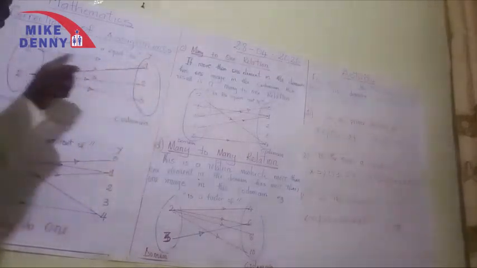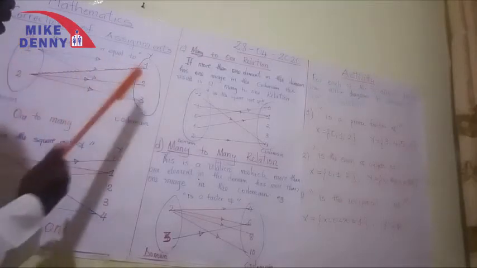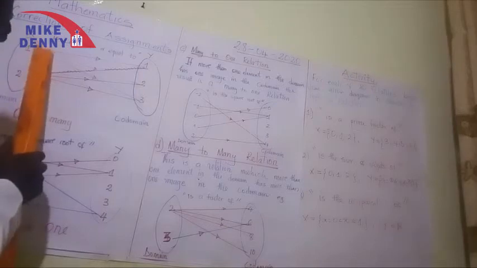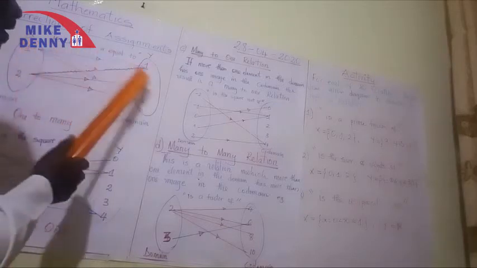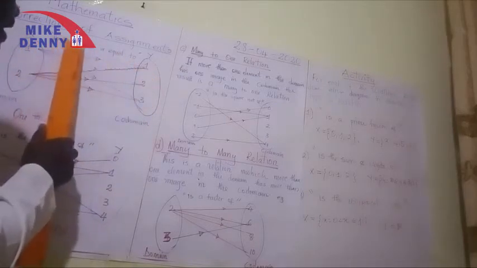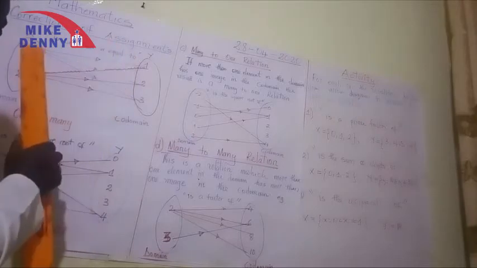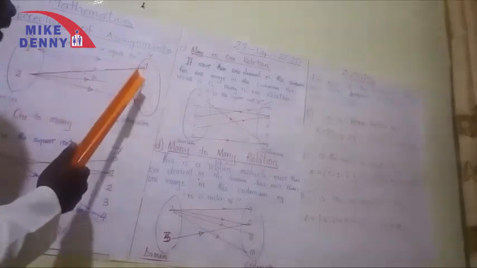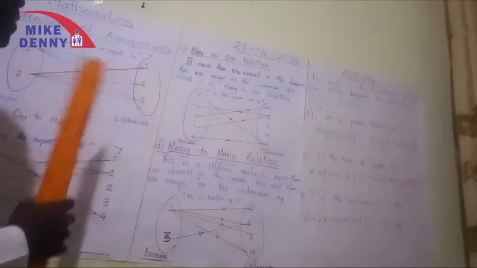You draw your oval shapes, and we now link them with arrows. We have two elements here, 1 and 2, and this will have 1, 2, 3. So the domain has two elements and we're linking it to the codomain, using the relation "is less than or equal to." 1 is equal to 1, yes. 1 is less than 2, yes. 1 is less than 3. We are done with that.